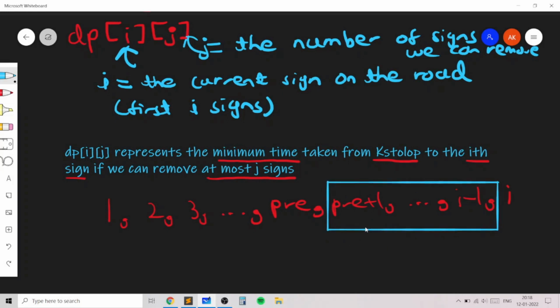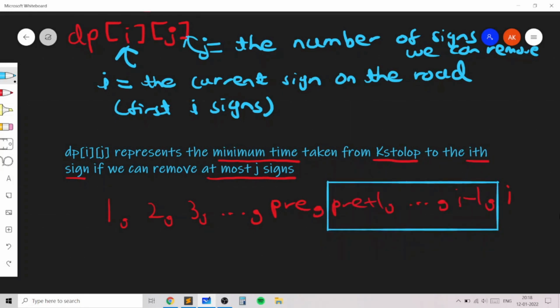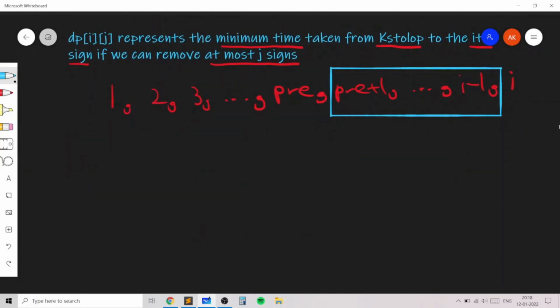All these will get removed, and you will basically consider pre to be the last sign which you visited right before the ith sign, and hence you can get a recurrence quite easily. Let's say that you consider only pre. So the time taken in this case, if you consider pre to be the previous sign which you visit before the ith sign, is going to be dp of pre of the remaining number